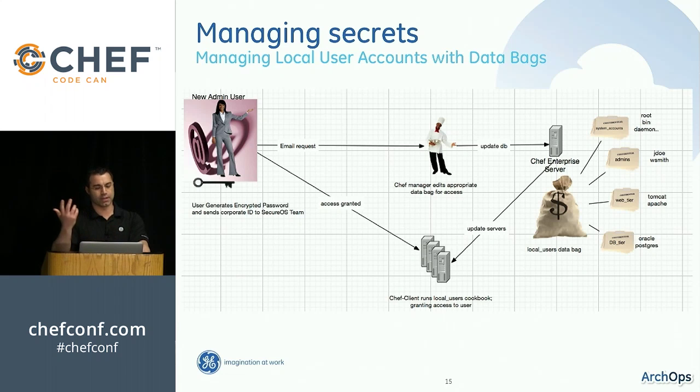She provides us a user ID, and then we go ahead and add it to the data bag. And as that gets updated on the next Chef run, she now has access to all the servers and the nodes that she needs to have access to. So, and we also took the account, if you can see there's a bunch of different folders there, and we